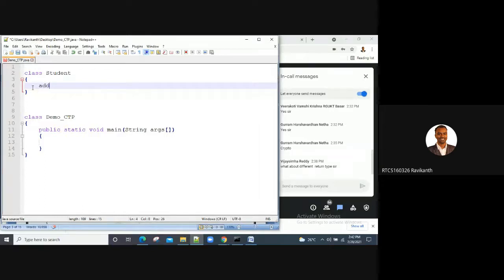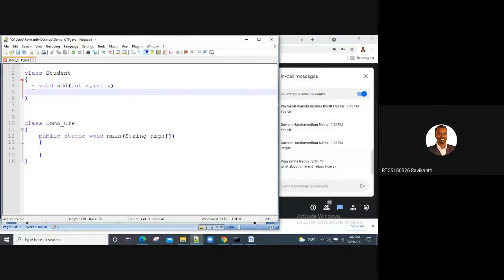So let me write a method called add. Let me perform some addition to make it simple. I just want to add x comma y, two values, with integer data type. Let me not return any value back; I'll just display from here itself.